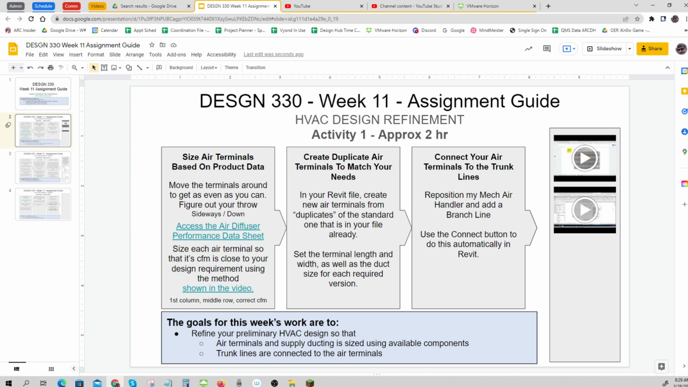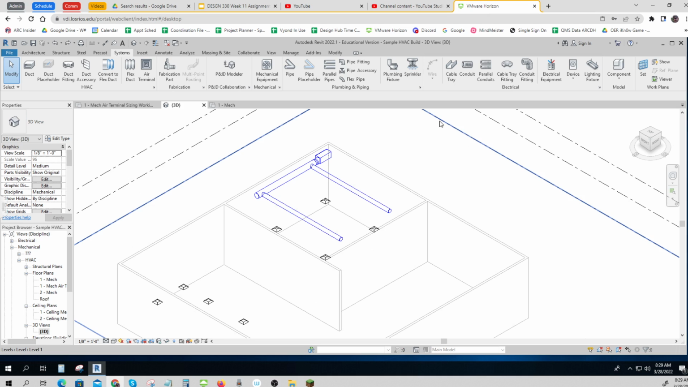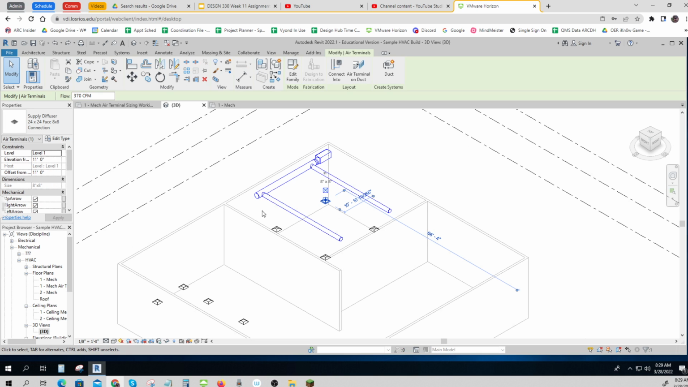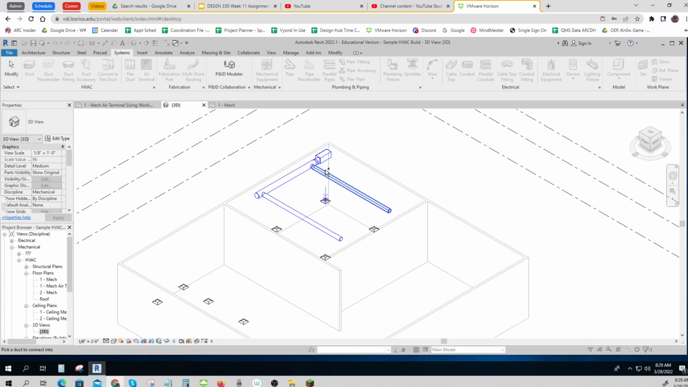And finally, we're going to use the Connect Into button to automatically connect my air terminals. Now you can see why I put these in. And from my 3D view, you can see why they need to be right over the top. Because as I select an air terminal, the Connect Into button pops up. And I go Connect Into, and then I pick which pipe I want to connect it to, and it goes straight